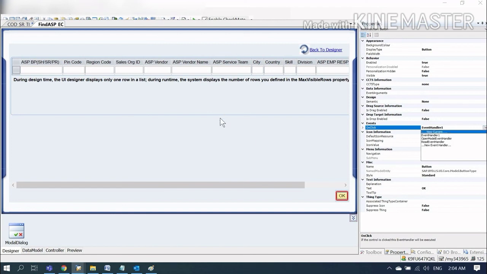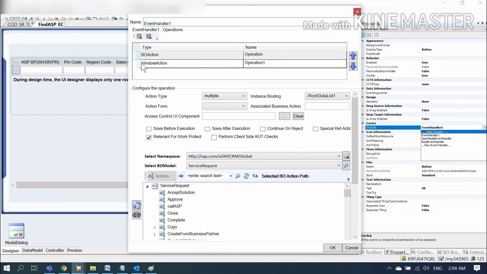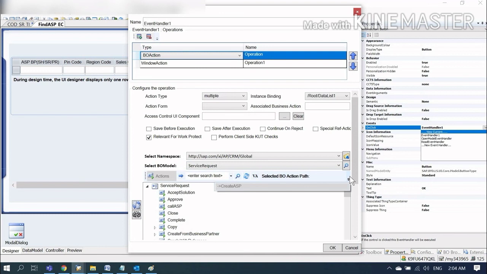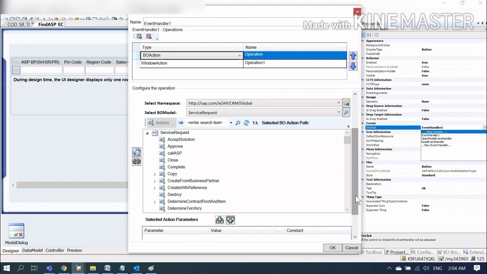After clicking on the OK button, the record should be created in the involved party tab which I showed you earlier. So in the OK, I have taken an event handler again. You can see here, in this event handler I have taken a BO action and window action. In the BO action, I have bound this BO action with the create ASP. What will create ASP do? Create ASP will create the involved parties in the involved party tab as per business requirement.